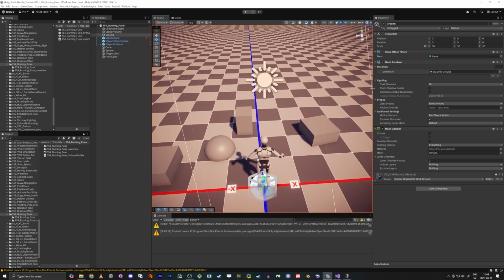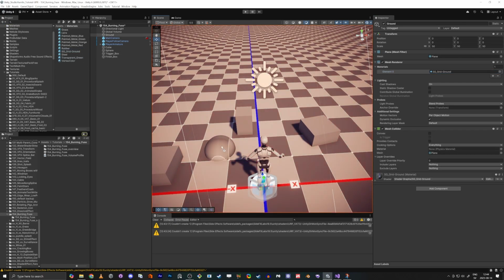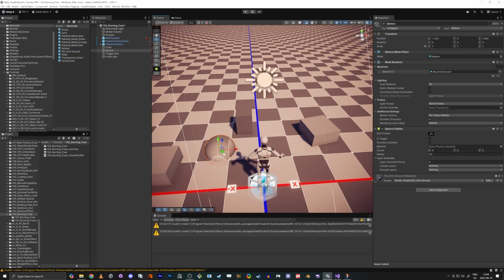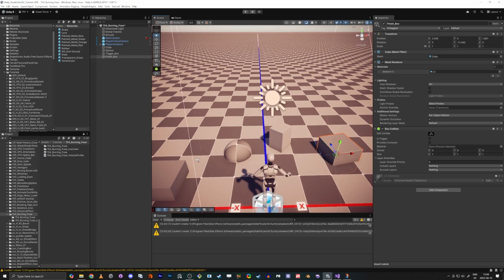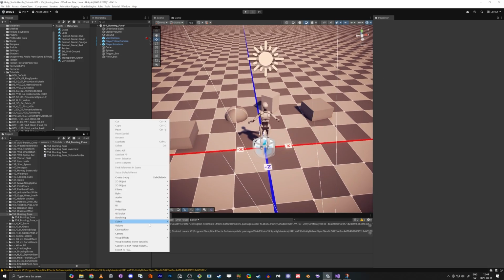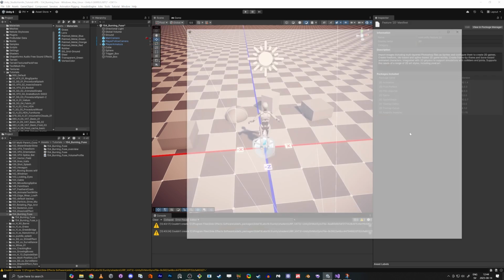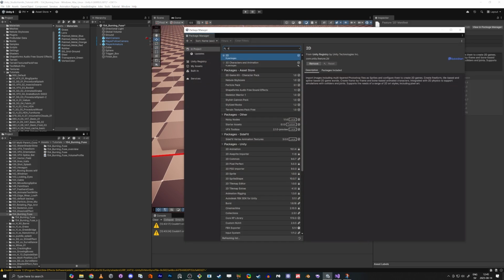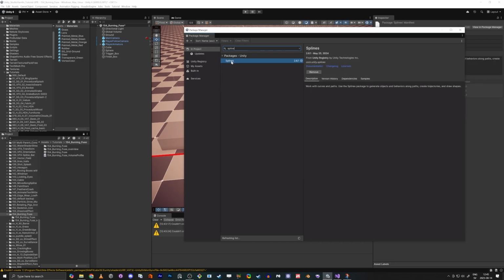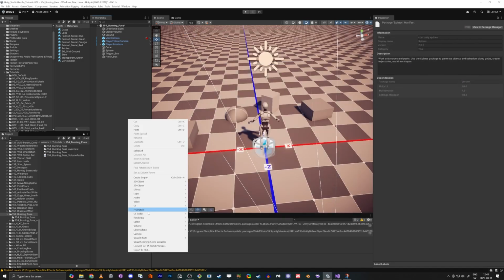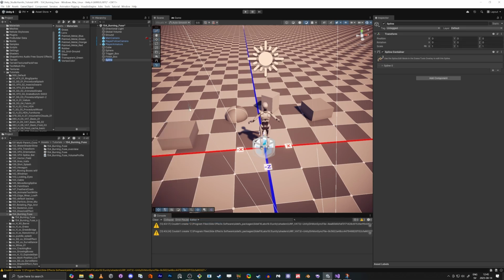So just to make clear where everything is, we're going to have the grid material on this one here, and here we have the box. Cool. And if you don't have the spline down here, as I do, you just find it in the package manager and you need to download it over here. I can show you. So we have the spline. You need to download the spline here. And when you have, we can just do the spline, and we're going to draw it,